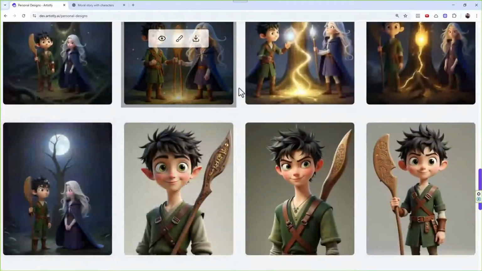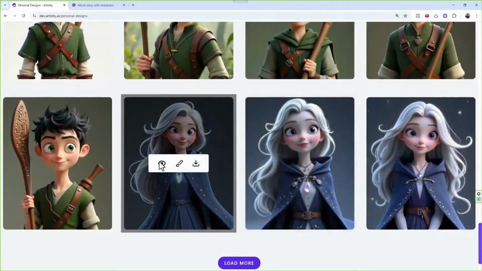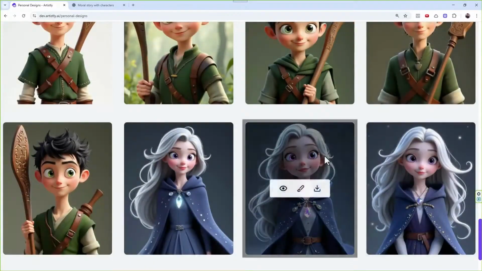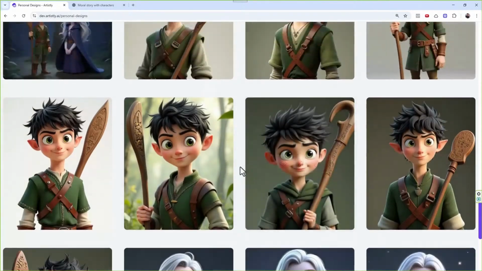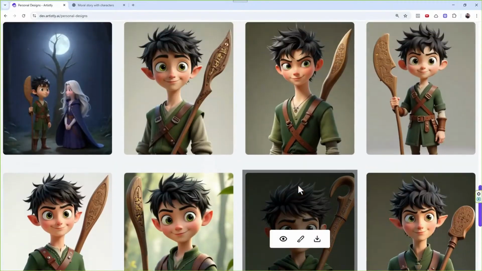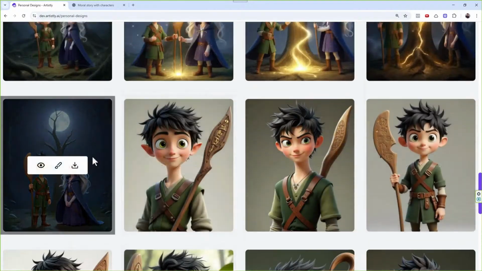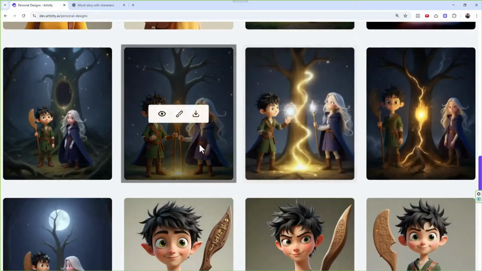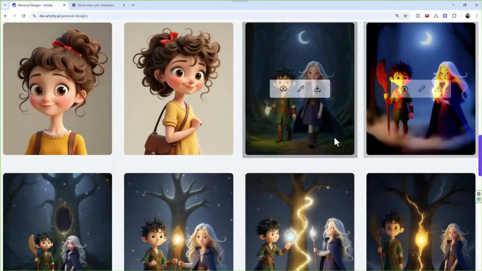Now check this out. For this storybook that I created, I pushed this character image, I think this guy, or maybe this guy, I forgot. Oh, sorry, I pushed this guy, this one I regenerated, and look at those results. Throughout this story, perfectly consistent and perfectly following my page descriptions and stuff like that, right?